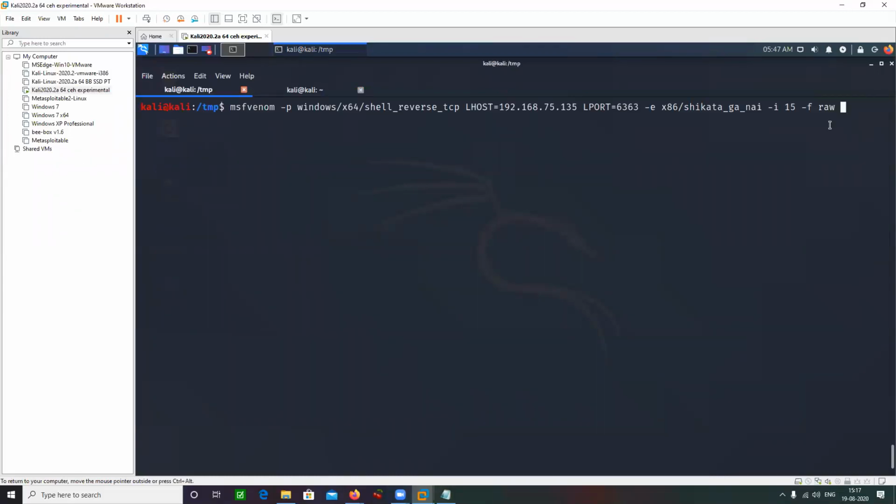Output format raw, and -o for the output file name. I want to create some kind of a binary file here. Let's say ch.bin. Okay, that's what I created here.